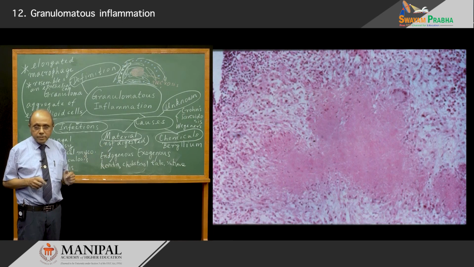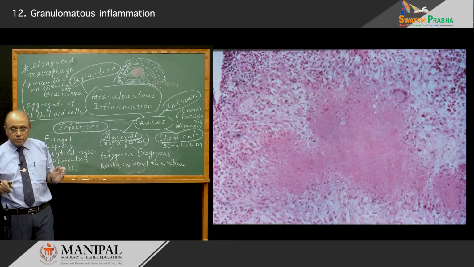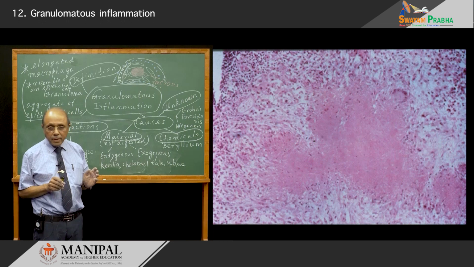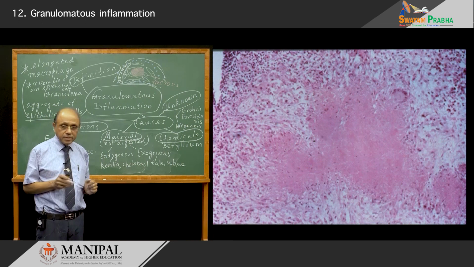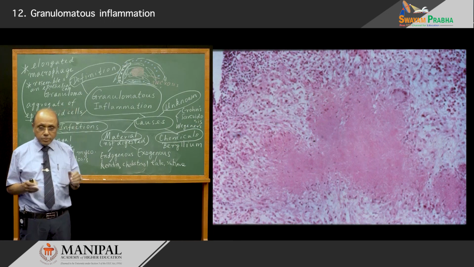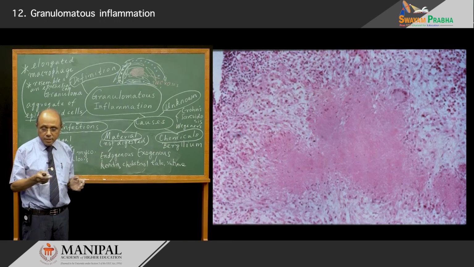One other accompaniment in a granuloma is what is referred to as caseation necrosis. There is destruction of tissue, and if you can see here in the center, you find the tissue has been completely destroyed, and what you see here is a pinkish material which represents caseation necrosis, and of course there is a Langhans type of giant cell at the periphery, and there is caseation necrosis, and then there are these epithelioid cells, and at the periphery there are